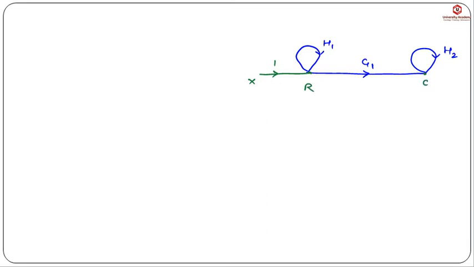Okay, so सबसे पहले हम लोग कैलकुलेट करेंगे C of S by X of S. Okay, so it means this C will be output node because it has only the incoming branches, and here X of S is an input node because it has only outgoing branch. So now we have to find out the forward path between the input node and output node. So if we see, then there is only one forward path जिसका gain क्या है, 1 into g1. Okay, so जो forward path है उसका gain है 1 into g1.